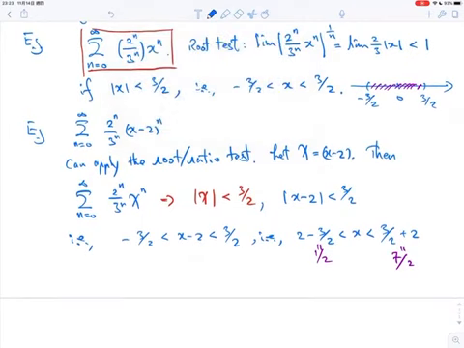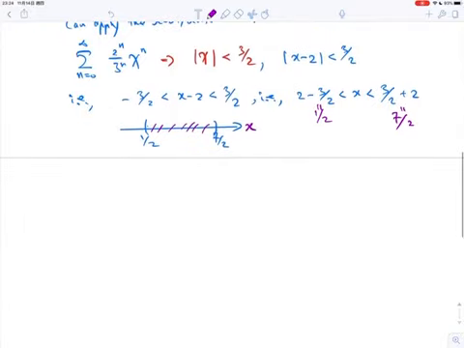So if you draw this picture on the real axis, let's say this is a half, this is 7/2, then the series would converge in this part of the x-axis. Okay, so with this background, we could now introduce the idea